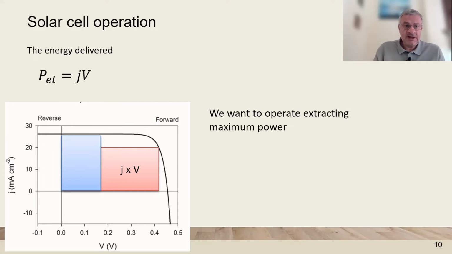The power that we obtain in the external load depends on the voltage point of operation, because at each point in the JV curve, we will have the product of current times voltage. It's much larger if we work at this point than if we work at this point, because it's essentially the area of the square, J times V. So we want to go to the point where the extracted power is maximum, and this is called the